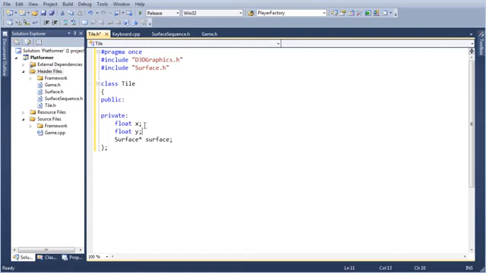I'm going to make it a float, because that's probably more versatile. Yeah? What do you think about that? Or I could make it an int. I'm going to make it an int. Choices, choices. Decisions, decisions.